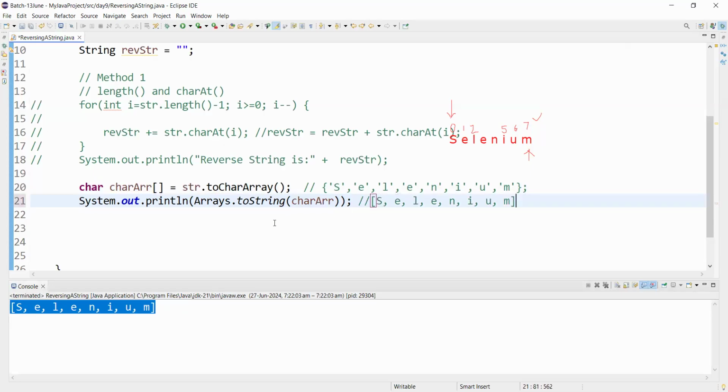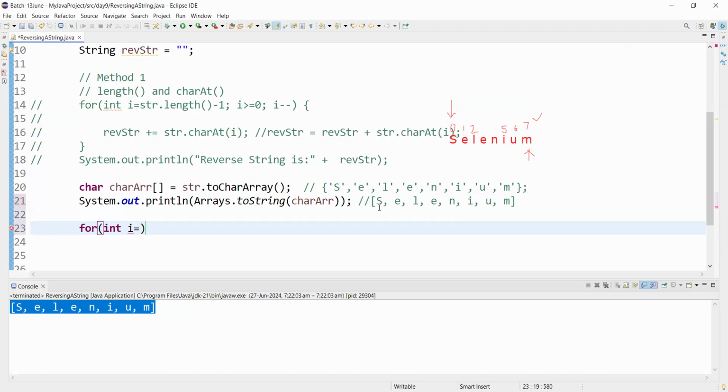Now we wanted to reverse these characters in the character array. Again, it's the same as the above method. So we do have a character array now. Each character in the array is represented by an index, since an array is index based, right? So char array is no exception to that. Again, we are going to start the loop with the